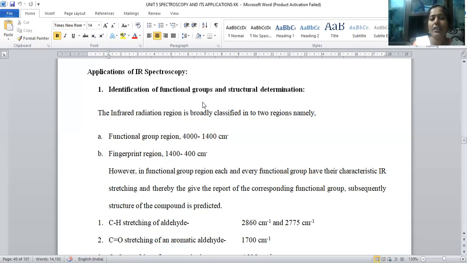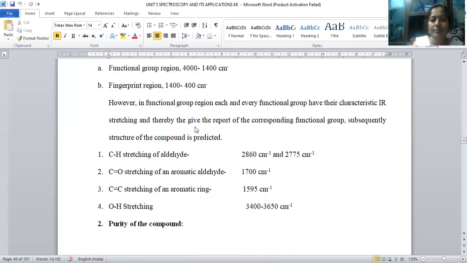The major application of infrared spectroscopy is functional group identification. That's the reason why infrared spectroscopy is called the fingerprint for functional groups. It is the fingerprint for functional groups because each and every functional group has a unique region. For example, if we take the aldehyde group, around 1725 centimeter inverse the peak will appear. In that way, each individual compound has its unique region for identification. Hence it is called the fingerprint for functional group identification.